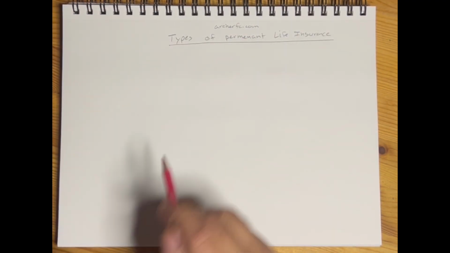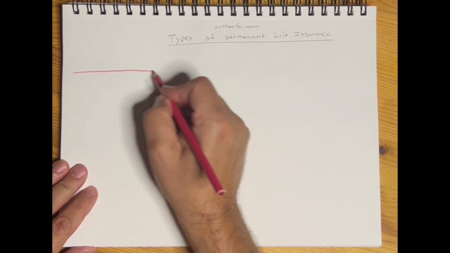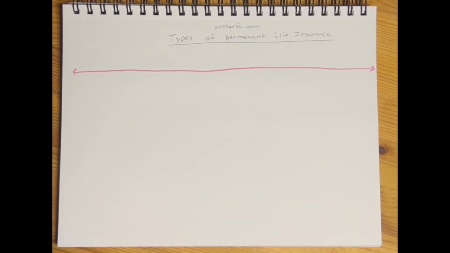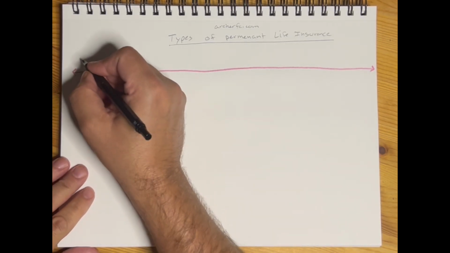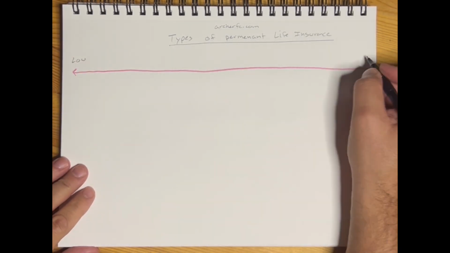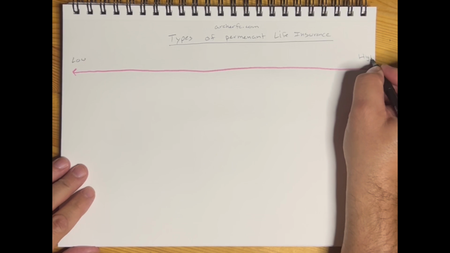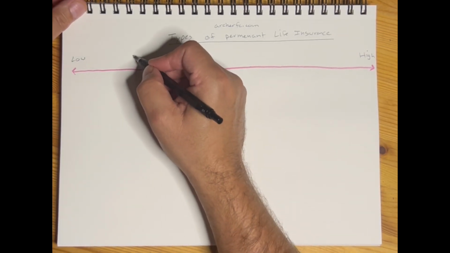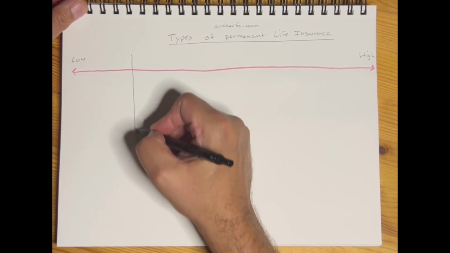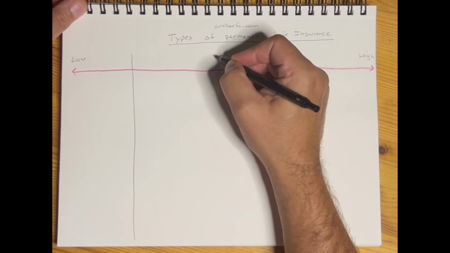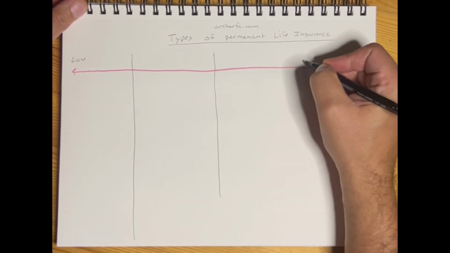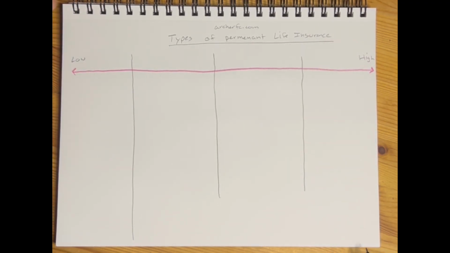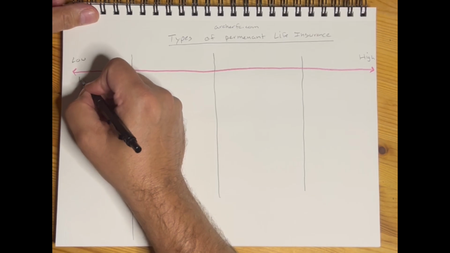So I'm going to draw this red line across the top here. This is going to represent our level of risk, our risk being the lowest on the left and the highest on the right. The risk being that the way that your cash value is paid and how you make money on them, it's going to depend on your level of risk in each one of these. Your lowest level of risk is going to be your whole life,